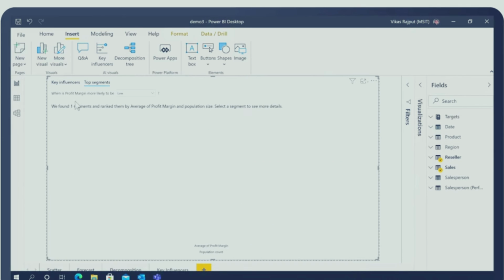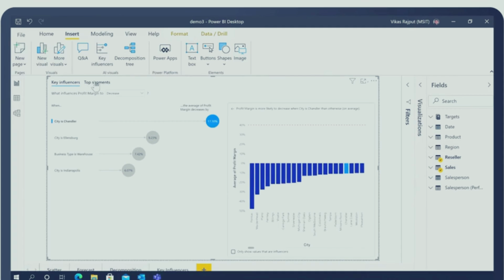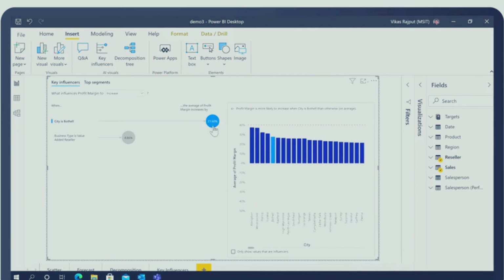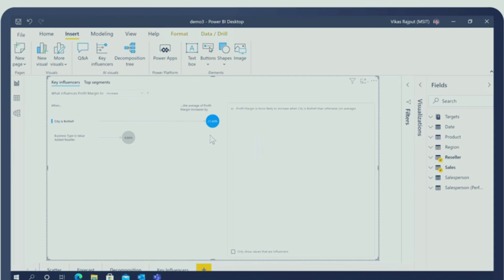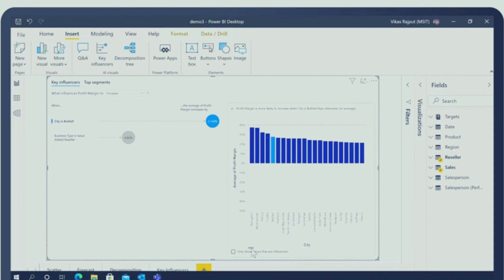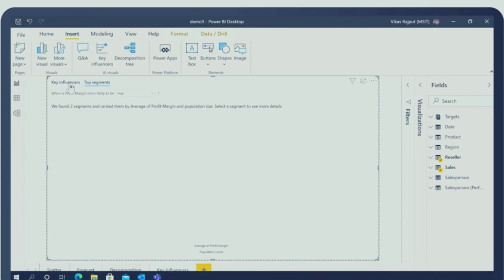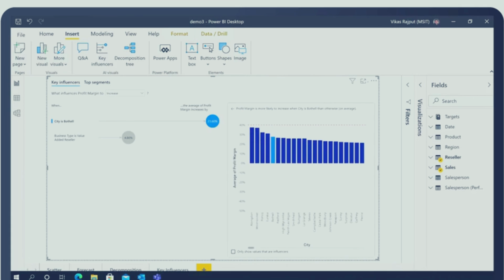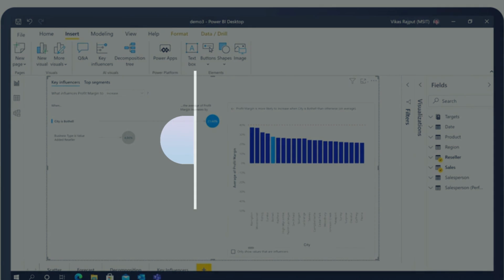What are the top segments? So it reports that there is only one top segment in this, which is fine. If you want, we can change that and go for the increase as well. Right. So with that,